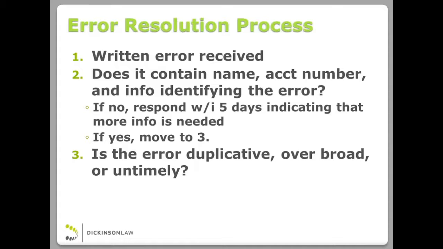The difficulty with this step that I see often is that overbroad definition. That's very subjective. What is overbroad? Duplicative is easy enough. Is it the same as one that's already been asserted? Then it's duplicative. Overbroad can be difficult. And the real difficulty to me lies in that, and it states this in the commentary, you can have a validly asserted error within overbroad errors. So if you get one of those, I'm sure you've all received them, a document from a